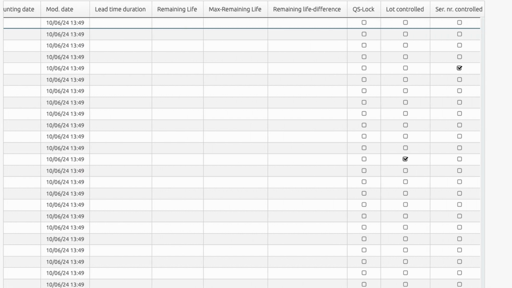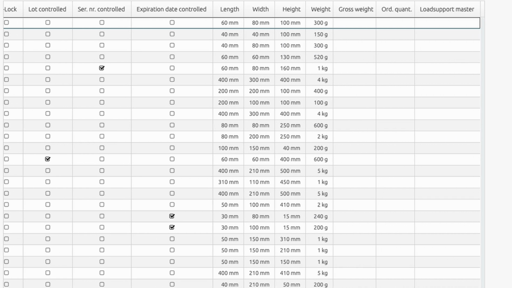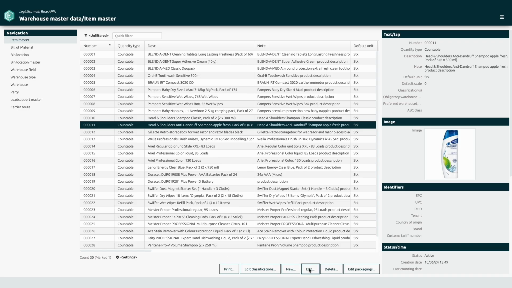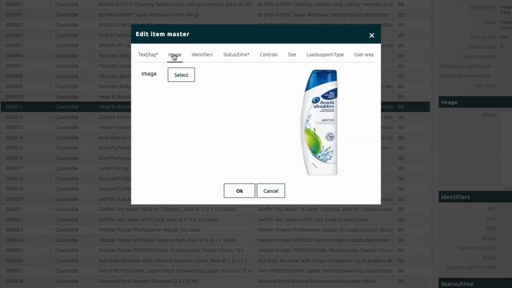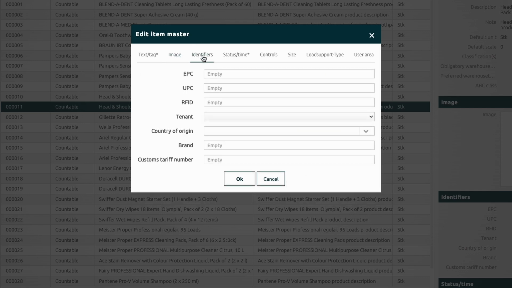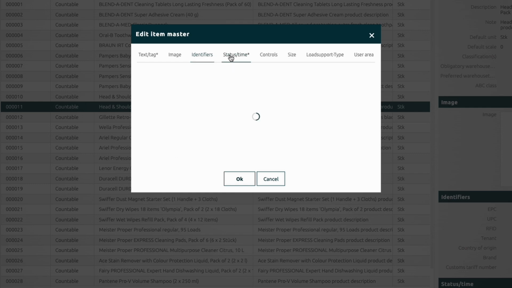Your inventory shows the amount of goods in stock and when replenishment is needed. First, you need to create an item master. Item master data refers to the basic master data of an item. These include, for example, the identification, such as an article number or an EAN code, the description, such as an